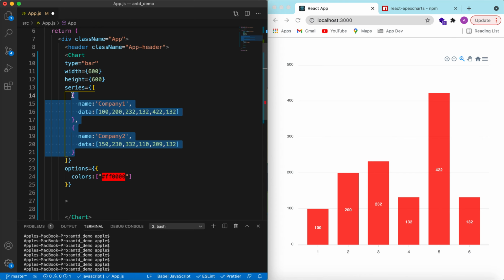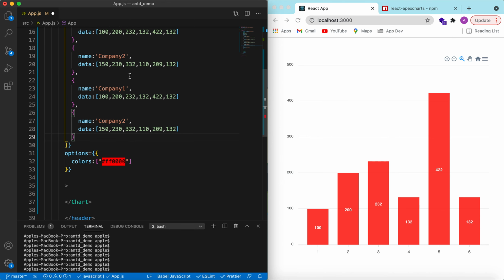Let's make 4 companies, 1, 2, and then 3, and then 4, and let's change their data as well. Suppose this one, changing just randomly. Alright,